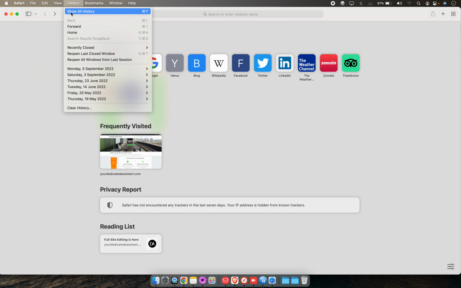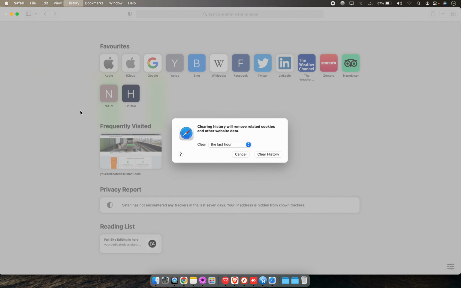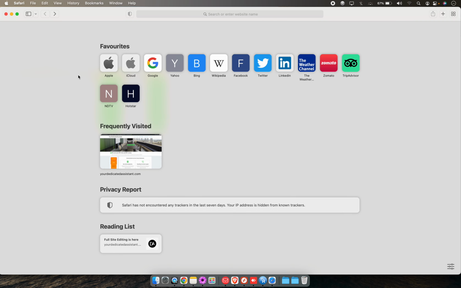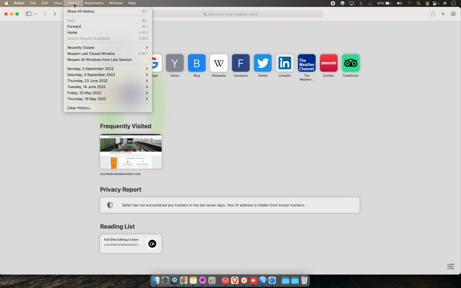After that, you have to click on show history, or you can just click on clear history. After you click on clear history, you'll have to select the time, the duration which you want to delete. Or if you want to see the history and then you have to delete it, then you can click on